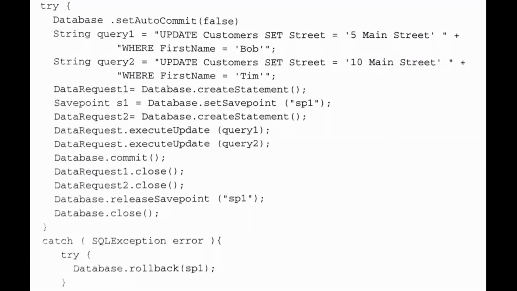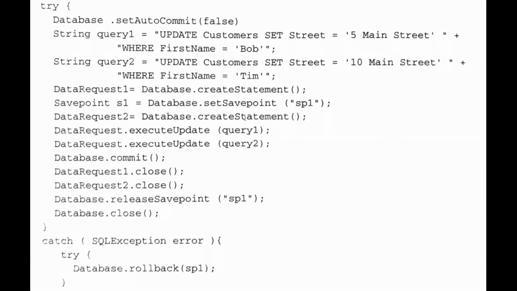So sp1 is the name of the save point, and we are storing that save point in a variable, s1. This database is a connection object, so save points are created on connection objects. s1 is our save point variable, but the name of the save point is sp1 only.